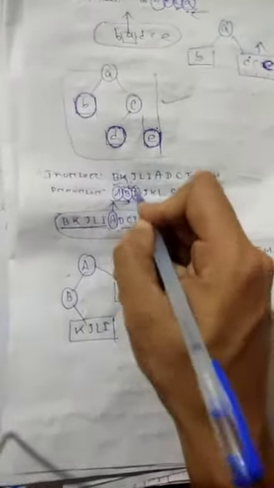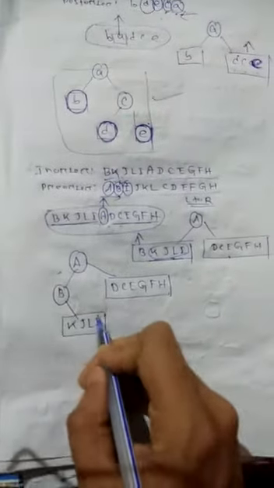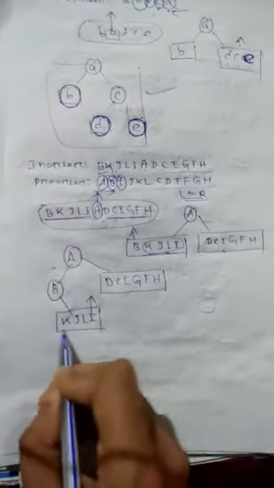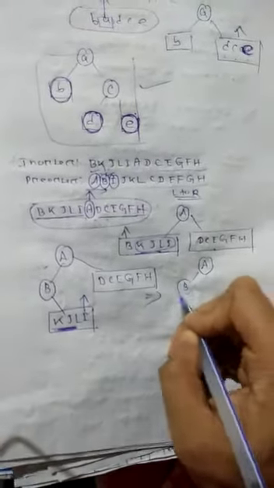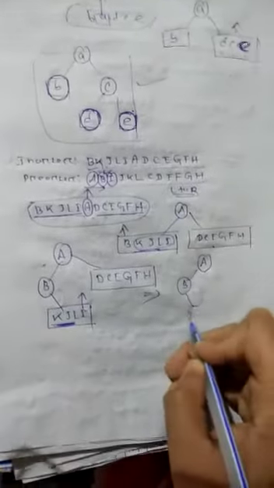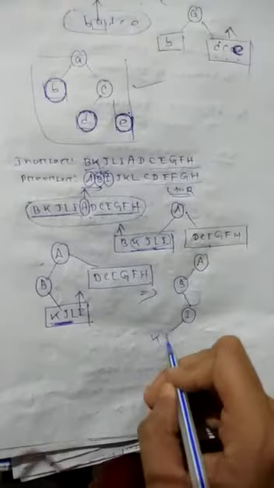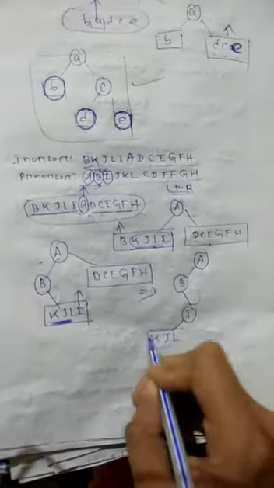What is the next root? Next root is I. From the pre-order, we have to select. See, here I goes to the next level, and whatever is on the left side is some left subtree. So draw this. Here A is there. Next B is there. B's right side, I is there, and I's left side, these nodes are there: K, J, and L. And L's right side, these nodes remain as they are.